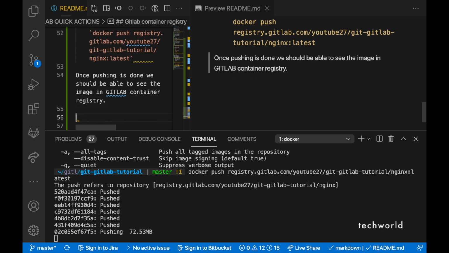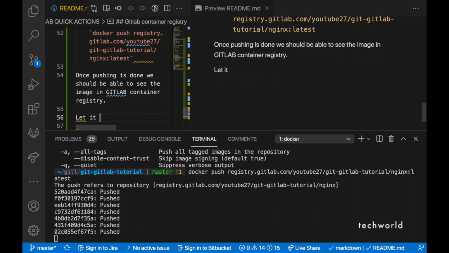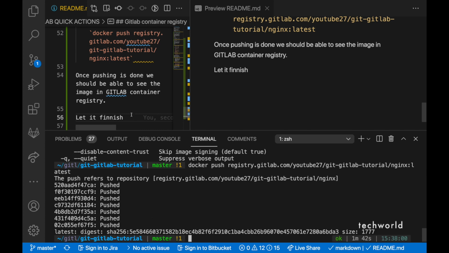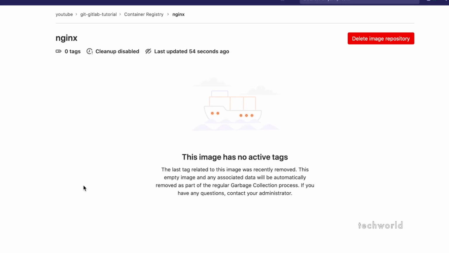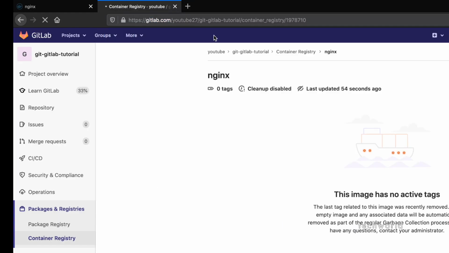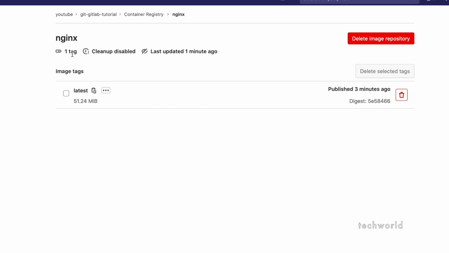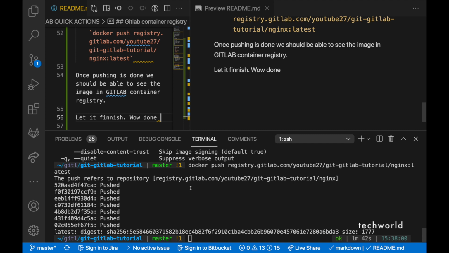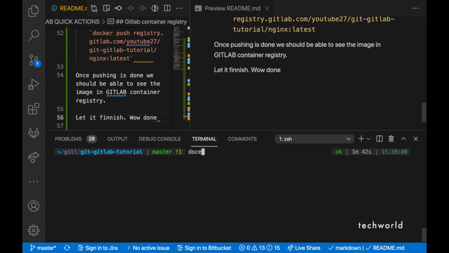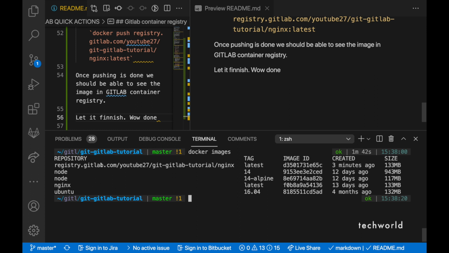So as it looked, it has taken a little bit over 2 minutes, I think. I didn't even count the time. So finally, we have got our image pushed to the container registry. Excellent. So let's get back to the GitLab UI and click on container registry, and you should be able to see at least 1 tag. So let's run the docker images command, and here you can see on the right hand side